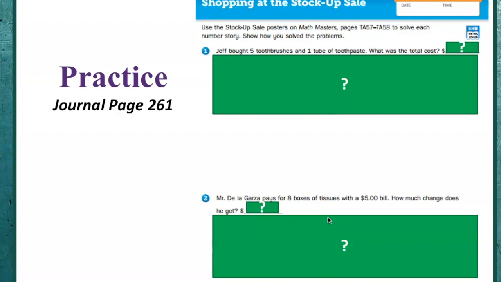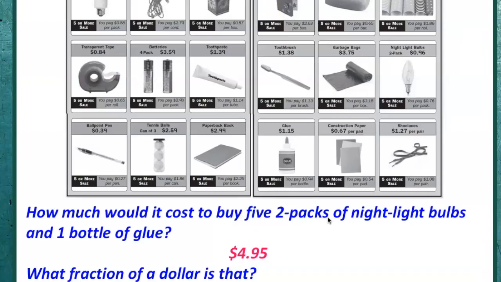So we'll do number 1 together, all right? So number 1 says, Jeff bought 5 toothbrushes and 1 tube of toothpaste. What was the total cost? Okay, so I'm going to go back to my screen here. 5 toothbrushes. Well, I see that the total cost is $1.13 because remember, he's buying 5 or more. So I'm going to have to multiply 5 times